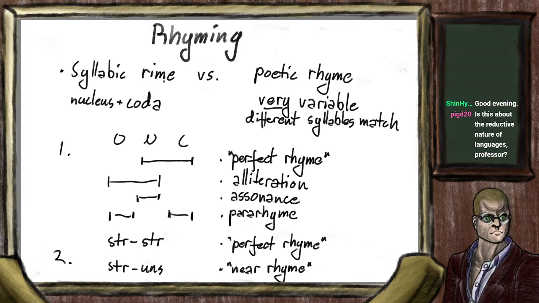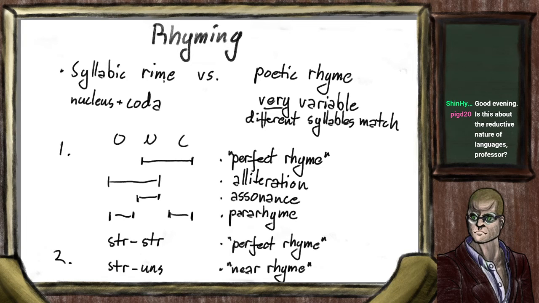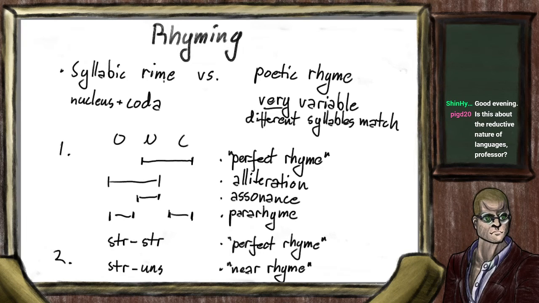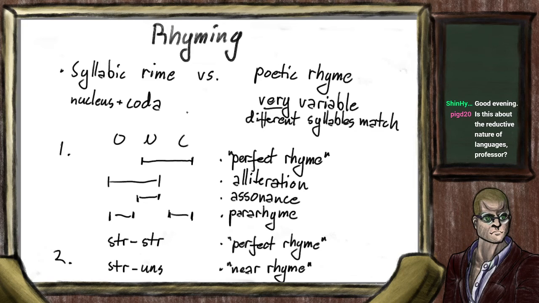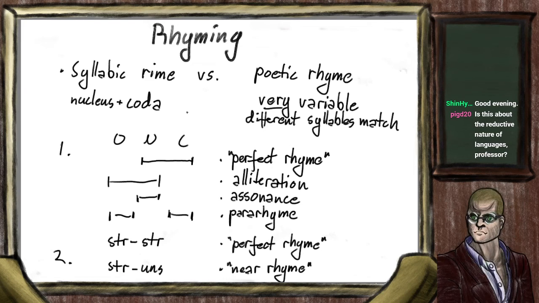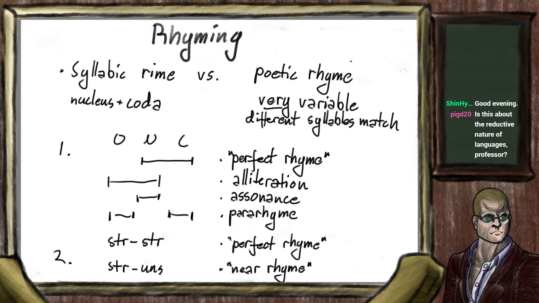In modern French, it is rime. So the syllabic rhyme is the nucleus and coda, so the vowels and the ending consonants of a syllable. So basically the parts that count for the mora values in mora-timed languages. But when we are talking about poetic rhyme, and usually using the more modern spelling for this,